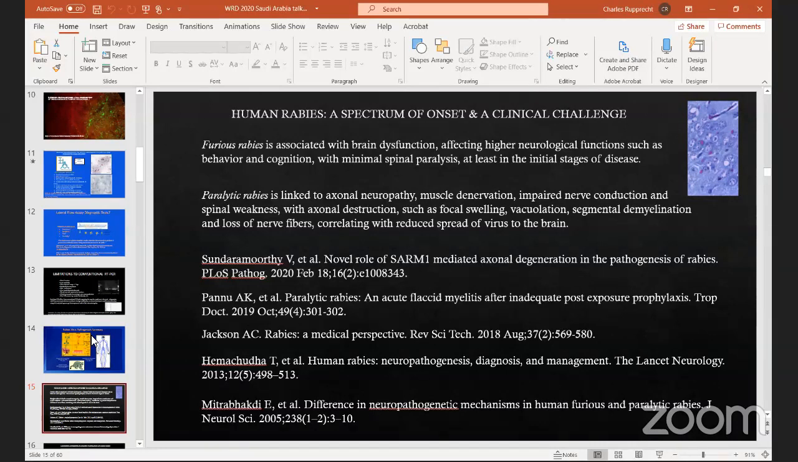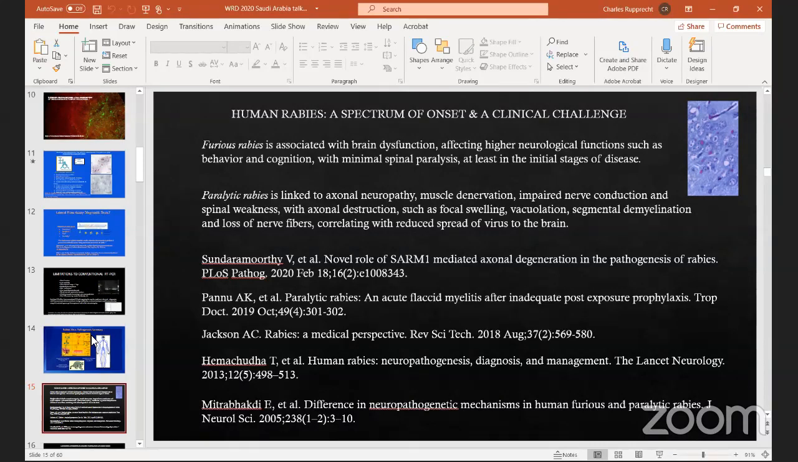However, we also have to recognize that clinical challenge where sometimes we don't have that furious centralized rabies, but rather an acute, slowly progressing myelitis, ascending myelitis, particularly in vampire bat cases, and about 20% of some cases of dog rabies. And this sometimes can be missed, particularly if there's not a history of an animal bite, or because incubation periods